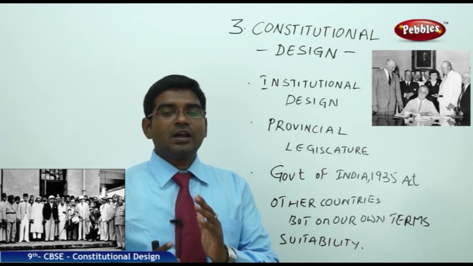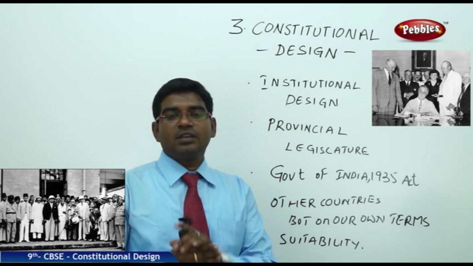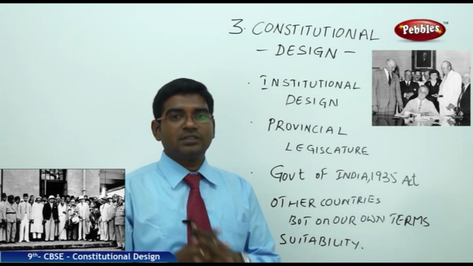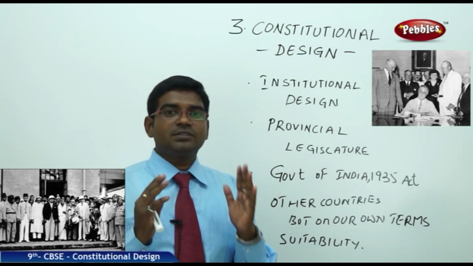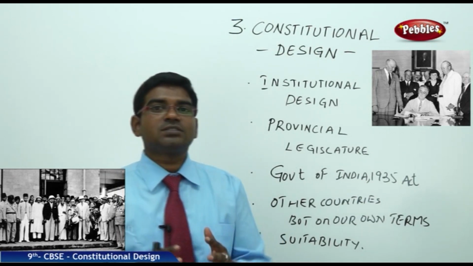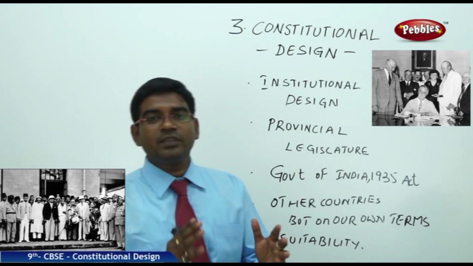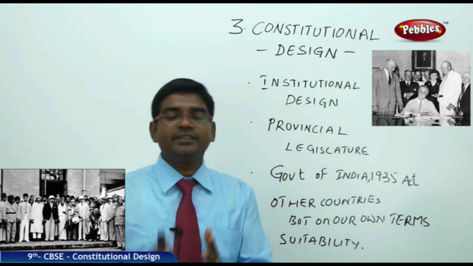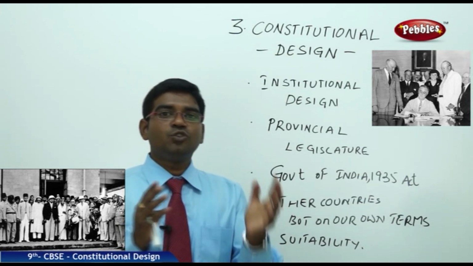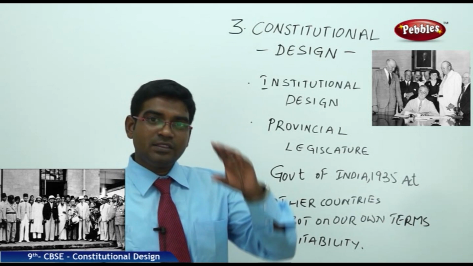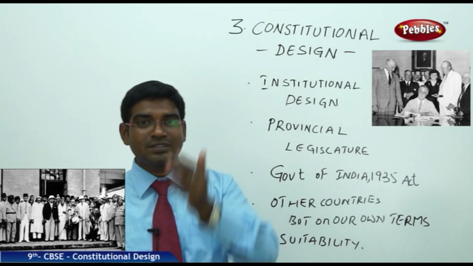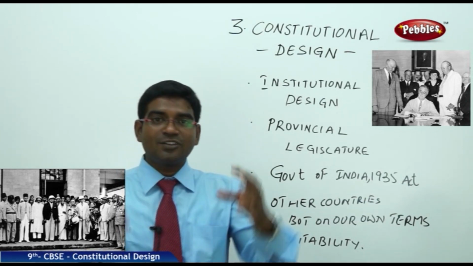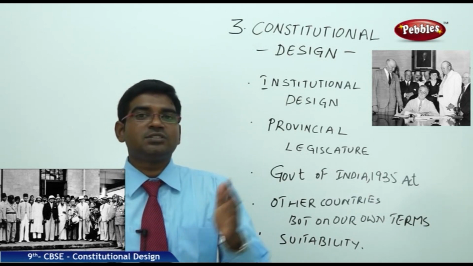Now, when we look at the institutional design of India, when we talk about the institutions, there are certain systems that are in place in the present day. But the Britishers taught us certain institutions and how they have to be put in place. Actually, their intention was not to teach us anything. They did everything for their own benefit. In this process of getting benefit from the system and turning the system to their side, they instituted certain institutions.